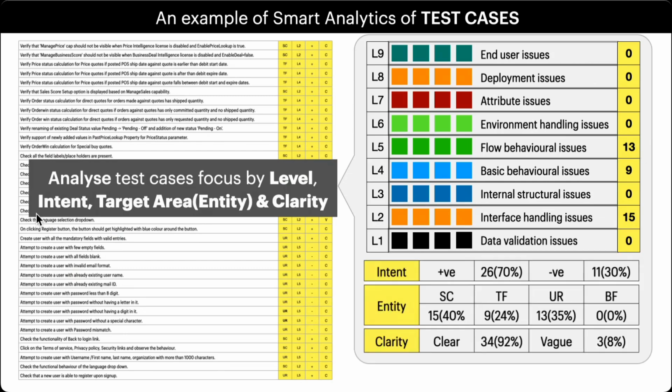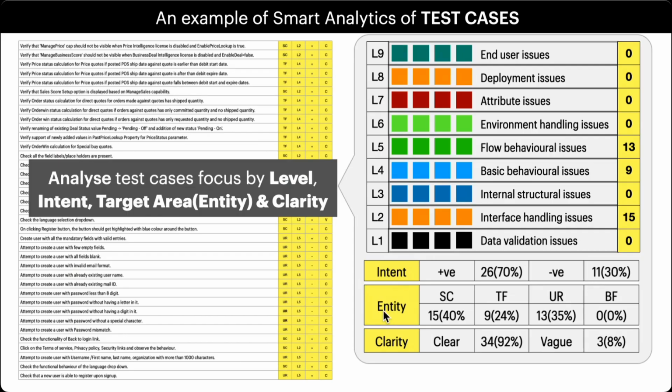If I go further down and look at intent, target area, and entity, this is how it's stratified. It seems to indicate there are about 26 of those test cases which seem to be conformance oriented, and the remaining 11, that is 37 minus 26, are possibly non-conformance oriented, trying to go outside and break the system.